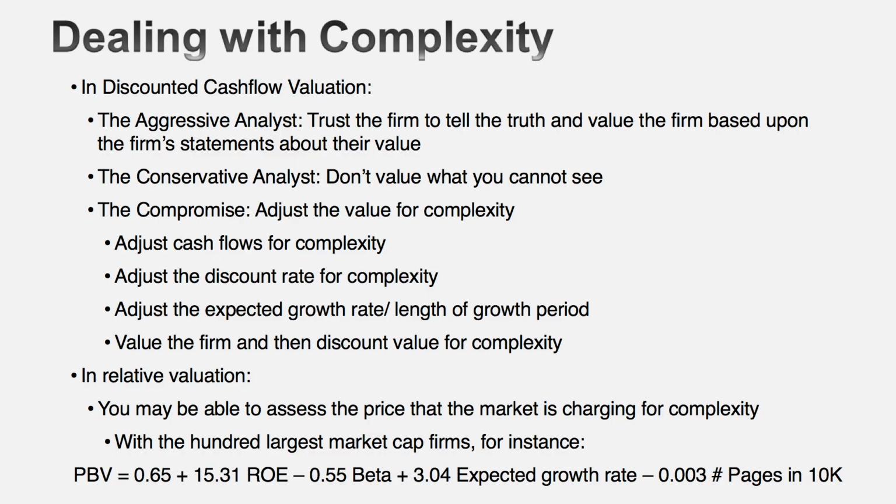So more complex companies for the same cash flows will have a lower value. If you're doing a relative valuation using a multiple, you might use a lower multiple of earnings or book value for companies that are more complex. In fact, as a final piece of this session, I have a regression here where I've taken price to book ratios of large market cap companies in the US. I've regressed them against the usual fundamentals, growth and return on equity, but I've thrown in a variable that you usually don't see, number of pages in the 10K. You know how you'd read that coefficient? Every 100 additional pages in your 10K knocks down your price to book ratio by about 0.3.